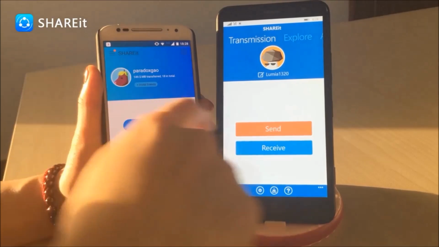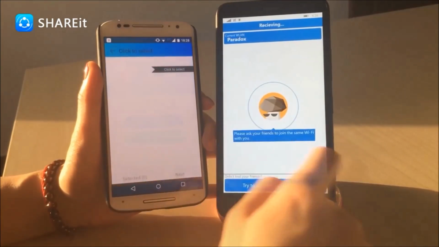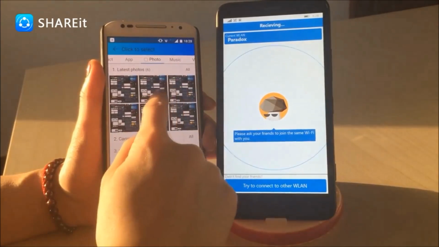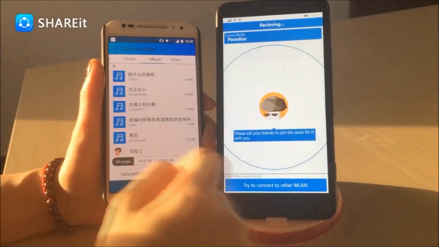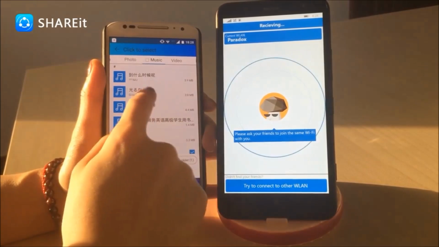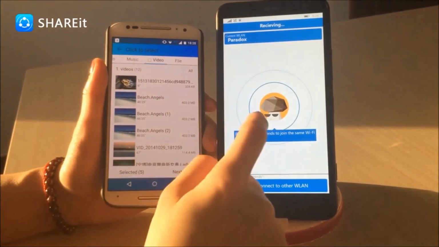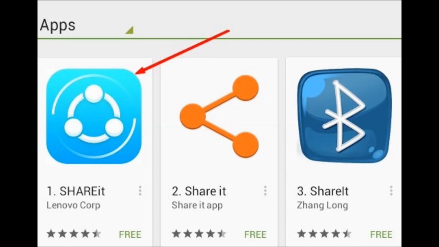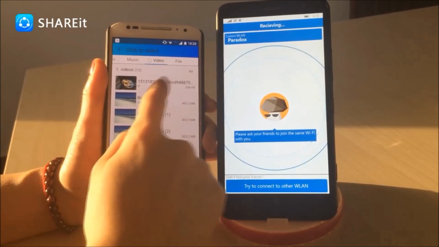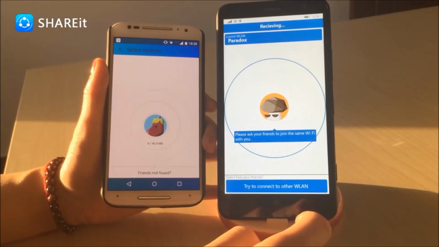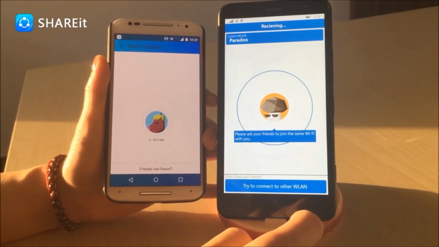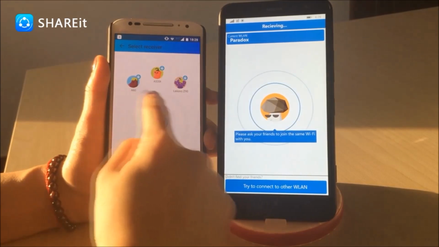But you're gonna need another phone able to do this, and the other phone has to have Clash of Clans, and both your phone and the other phone have to have Share It. Share It is an application you can download in the Google Play Store that you can use to send another app. So yeah, that's the second method. It's fast, but you're gonna need another phone.